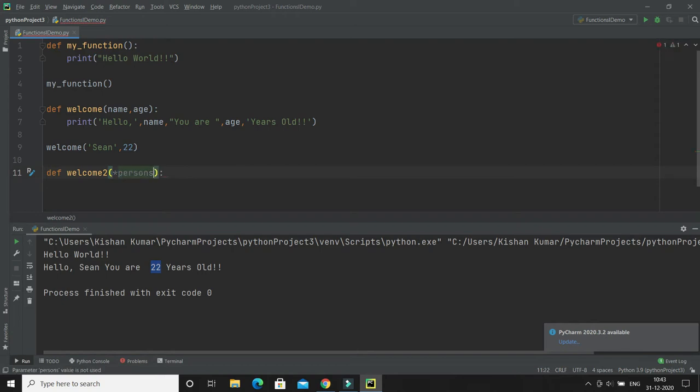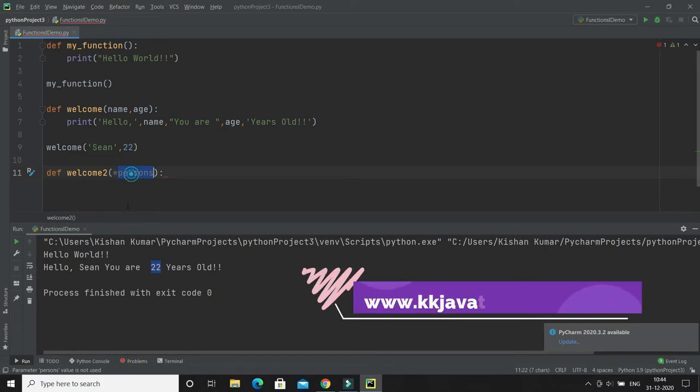You just have to give the asterisk before the parameter name. That's how arbitrary arguments are defined. Now you can pass zero or many parameters while calling this function. Now the thing is how to receive these parameters within the function.